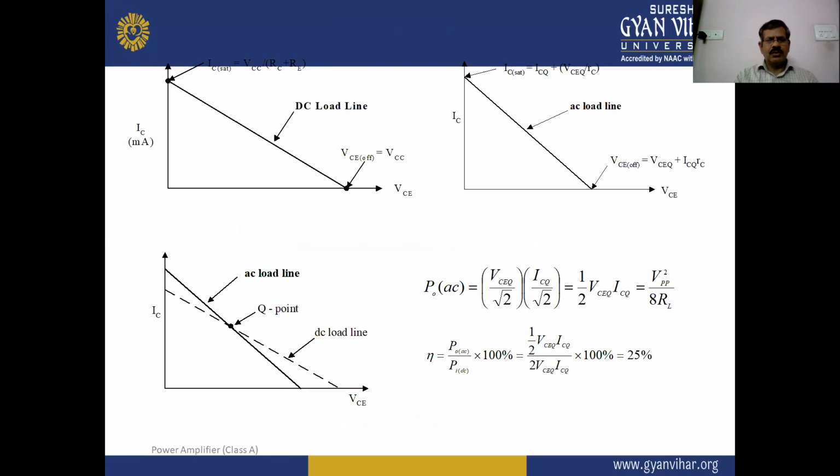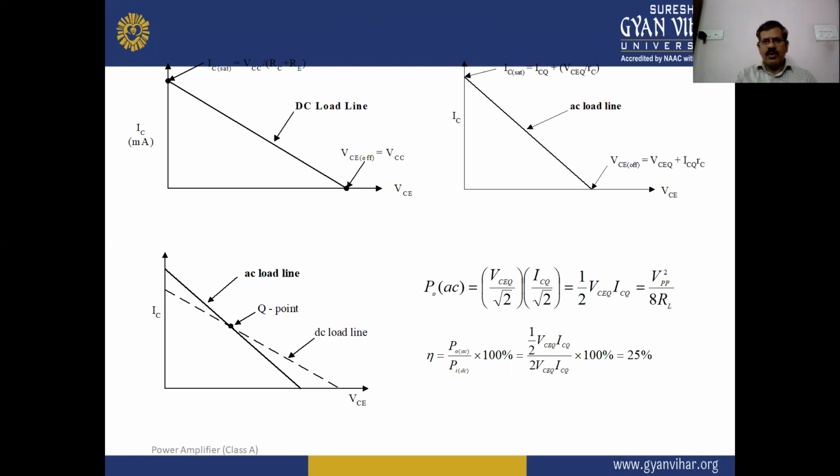In these given characteristics of the class A amplifier, here is the graph between IC versus VCE, and also a DC load line drawn over the VI characteristics. So there is also some Q point, and we have the AC output power P naught AC